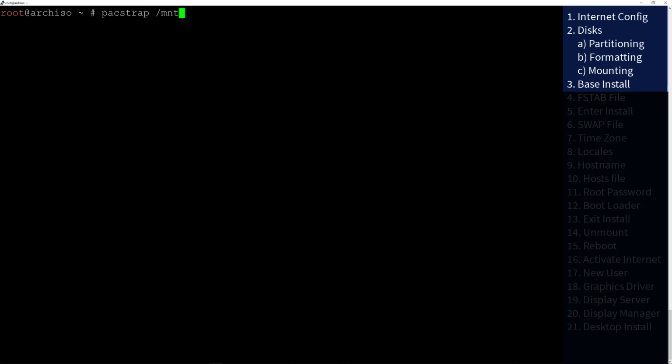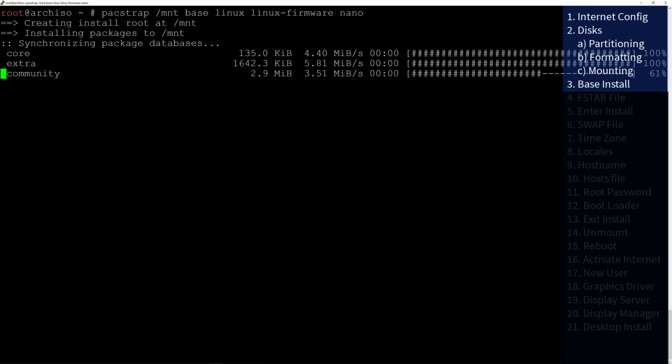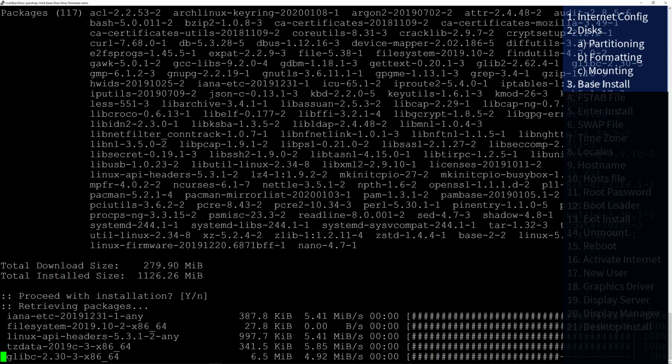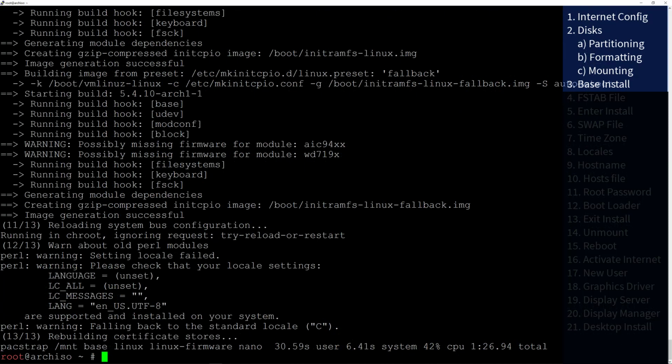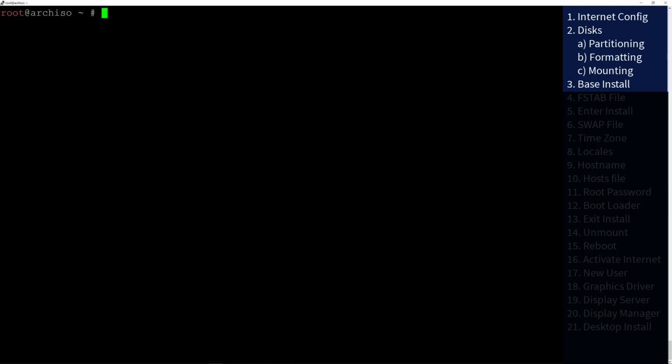under the /mnt directory, and the packages are base, linux, linux-firmware, and I'll install also an editor, which I'll need later in the installation, which is nano. And when I'm ready, I'll just hit enter. So it's going to download and install the packages, and I'll be back in a second. So there you go, the base system is installed. So let me clean up the terminal again, and we can move to the next step, which is generating the